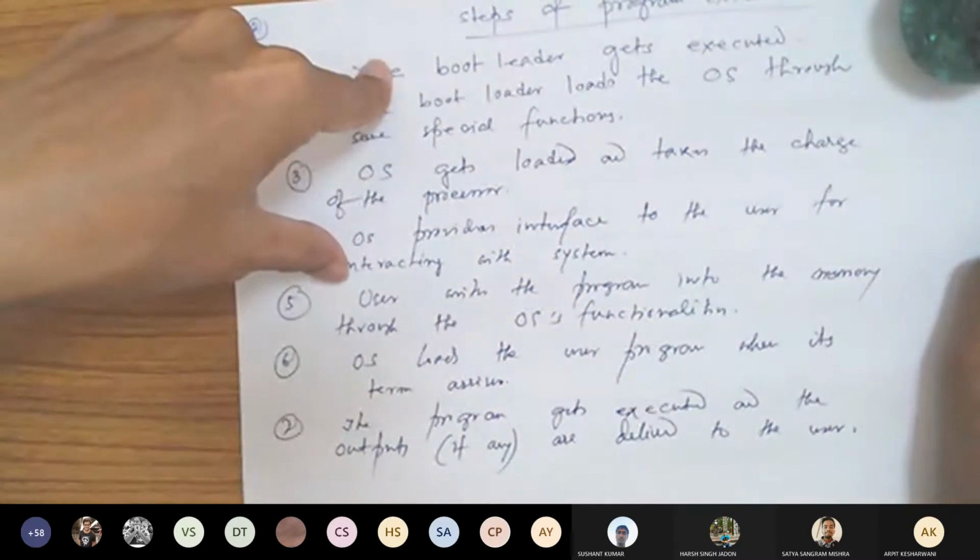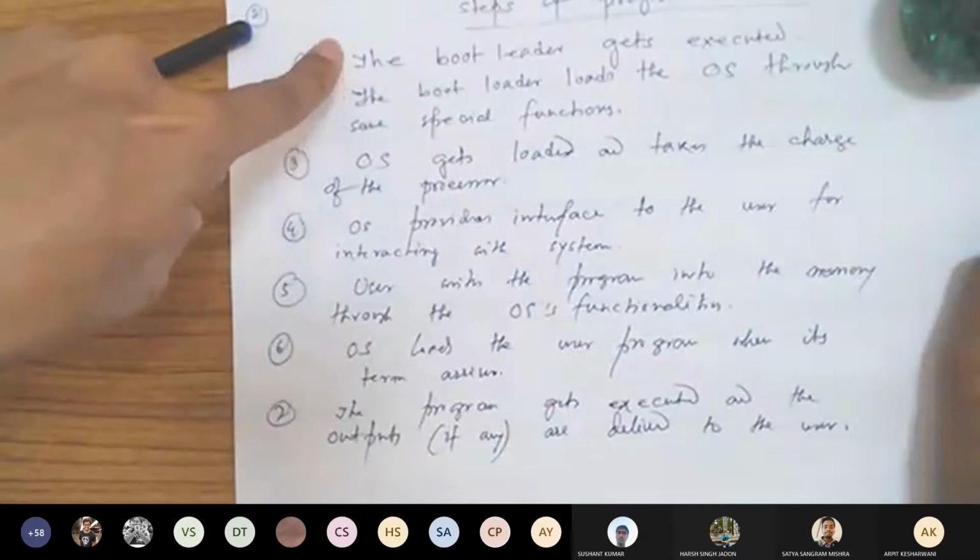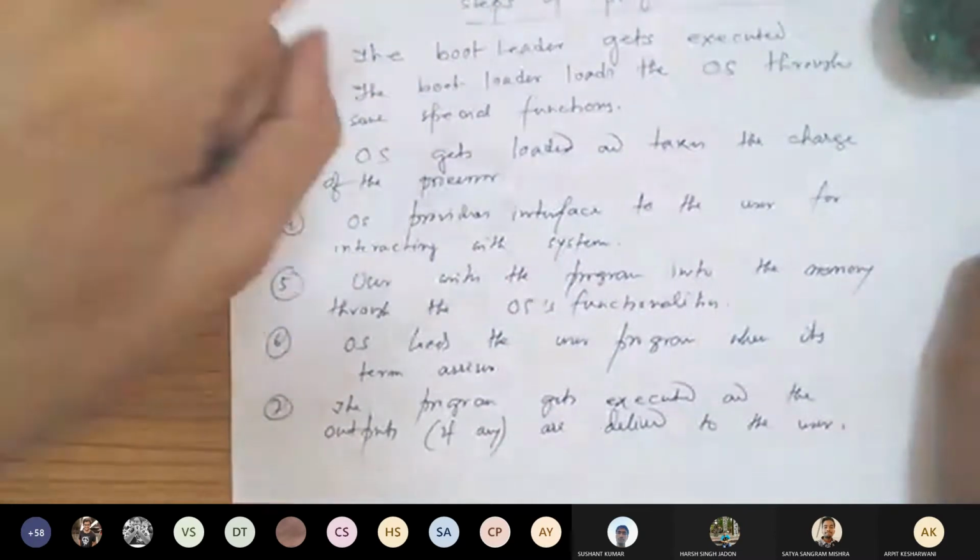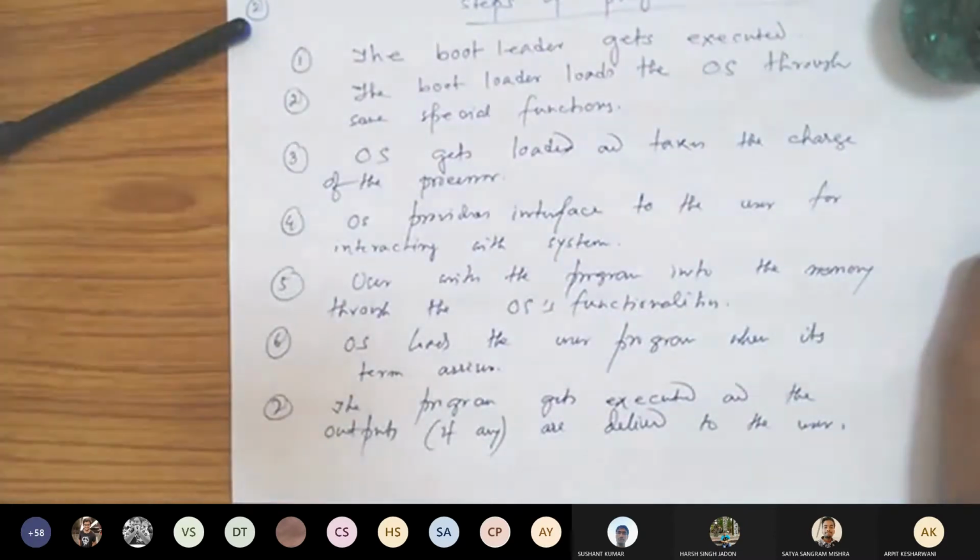Because when you restart the machine, the first address which is loaded in the program counter is the starting address of the bootloader. The same process is followed. So 100 times you switch off the machine and switch on the machine, the same thing happens, unless there is some corruption in the memory where the operating system is loaded.